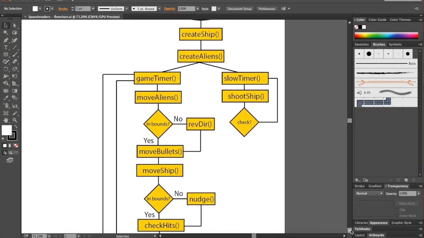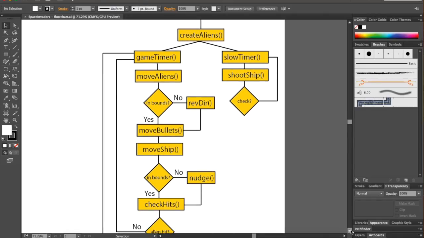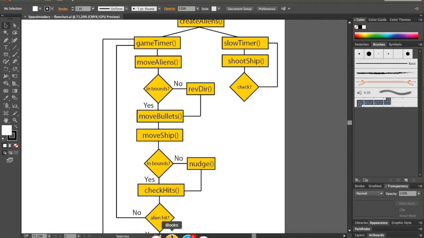Next, we want to check, have there been any hits? Did any aliens get hit? Did we get hit? Was there any damage dealt? What should we do as a result? Okay, so that's another minion. Little check hits, just kind of checks everybody in the game and says, oh, are you all right? Did you get hit? Oh, I'm sorry, mate, you're dead. Off you go. That kind of thing. So if an alien was hit, no, then we're happy. We're looping back up and we're waiting for the next tick of the game timer when we run back through this again. But if an alien was hit,